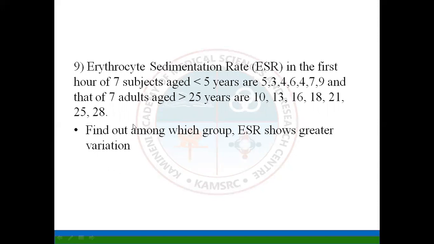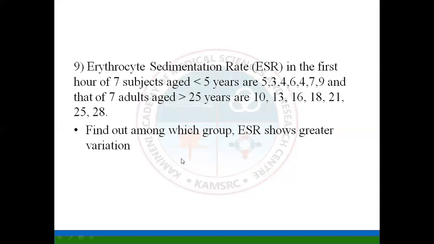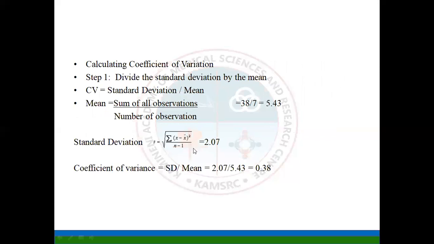to know the variation, first we need to calculate the coefficient of variation. The formula for coefficient of variation is standard deviation divided by the mean. We have to calculate the coefficient of variation for both the groups. So the first group,